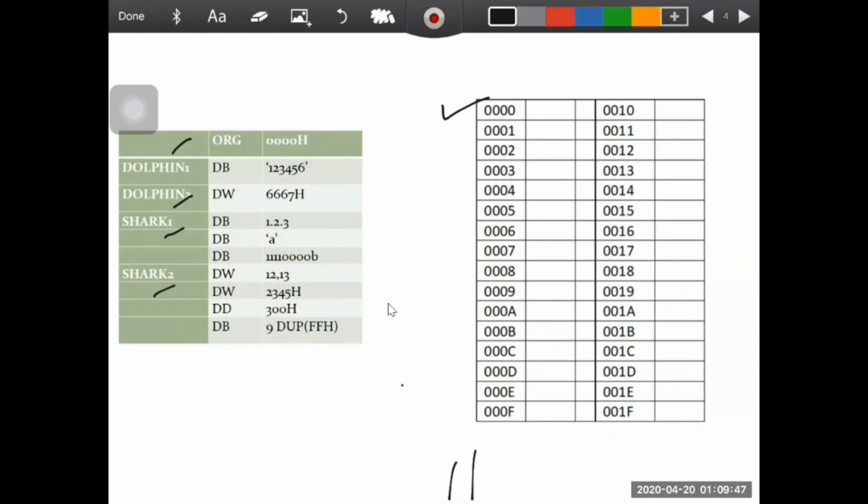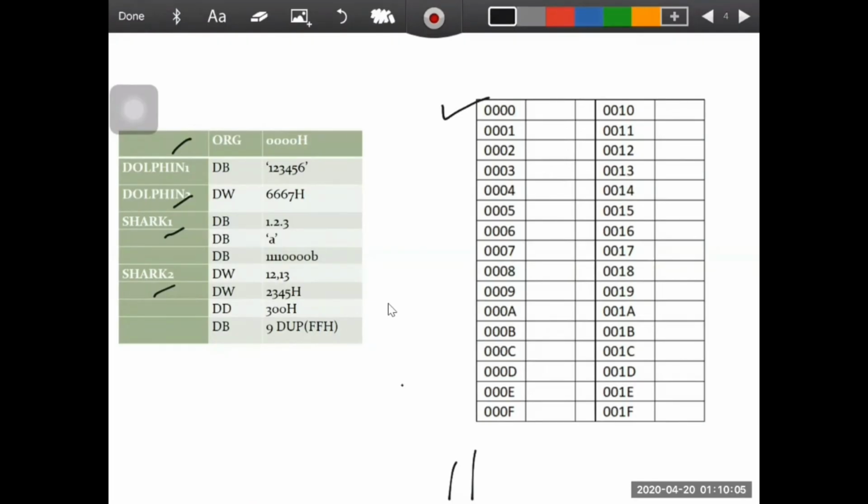So first of all, DB '123456'. Now everything which is written in single quotes indicates it acts as a string. So a string we are representing in ASCII values, that is by embedding the values.